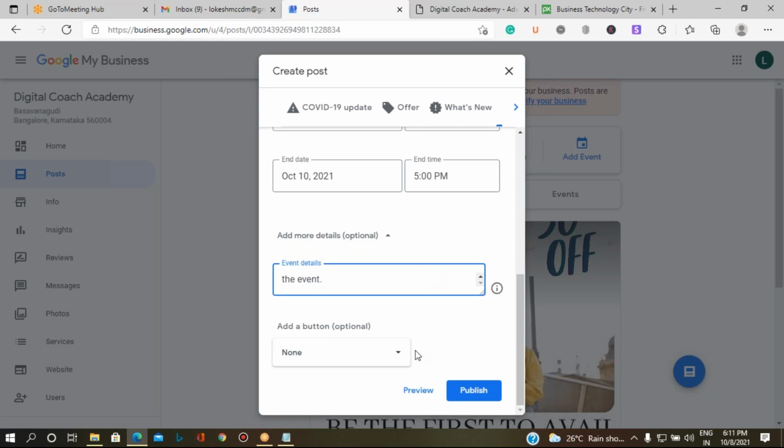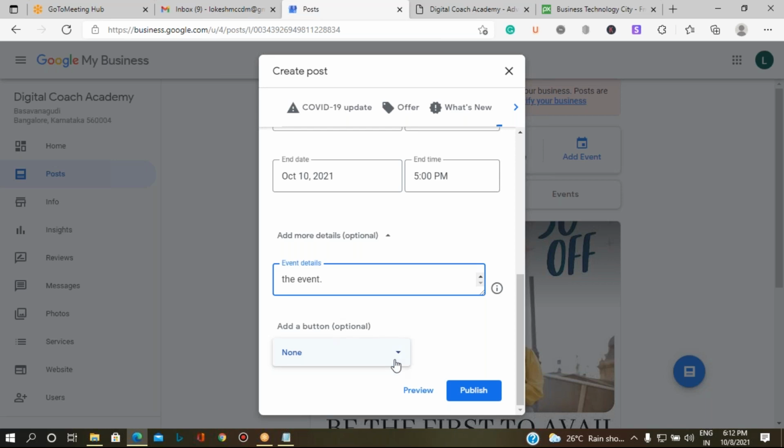Now, if people have to log in or get registered with us, event means I'm sending an invitation to the people. Here I'm not sending an email. I'm just creating a post. The people who visit my website or the Google My Business page will be able to see this page and they should be able to get connected with us. In what way are they going to get connected with us? I will make them use a link. What does that link mean?